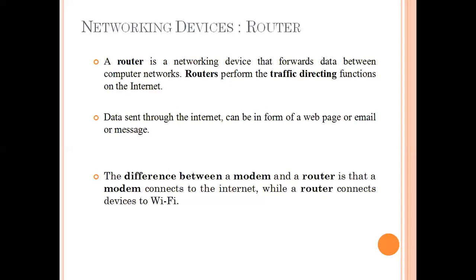So if I want to send a message to my friend ABC, no matter how much traffic is there on the internet, the router helps my data or my message or my mail to reach that ABC person perfectly. Okay, so it routes my data very properly without making my data lost anywhere. Okay, now data means it could be any kind of data. It could be a web page, mail, or any kind of message or anything.